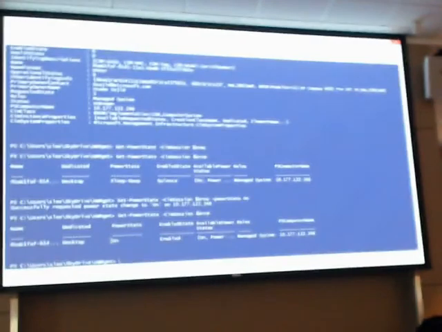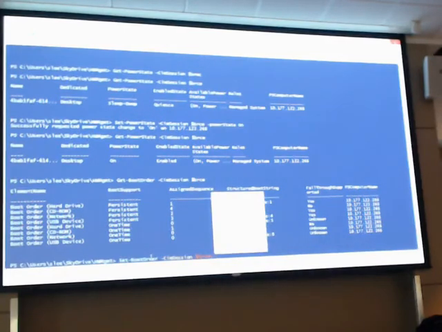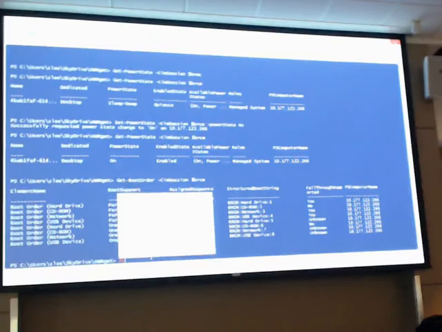Let's see if I can do that here. So let's get the current boot order. According to the hardware, it is currently set up to do a one-time boot off the CD-ROM drive. Last time I tried this, I think I had a problem with this. So I need to store these, I'm going to call these boots.